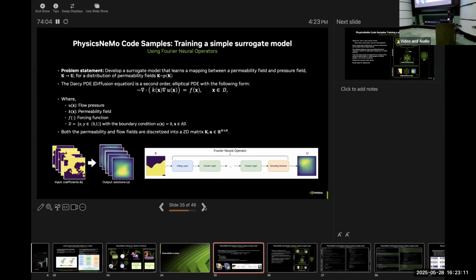So we're going to take a simple problem and walk through that and see how features from PhysicsNeMo can be used to model some of these problems. Right? So we'll take a simple problem. The idea is to model a Darcy PDE. It's like a diffusion equation over 2D, right? Simple problem for understanding. And what we'll assume is we have a data set of input-output pairs, right?